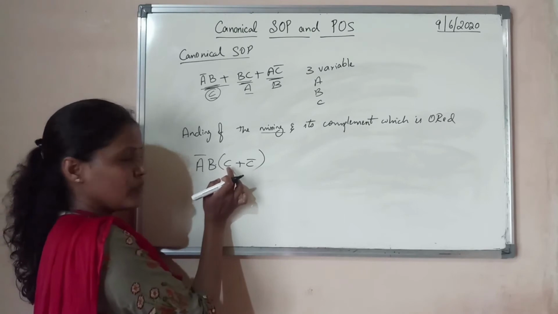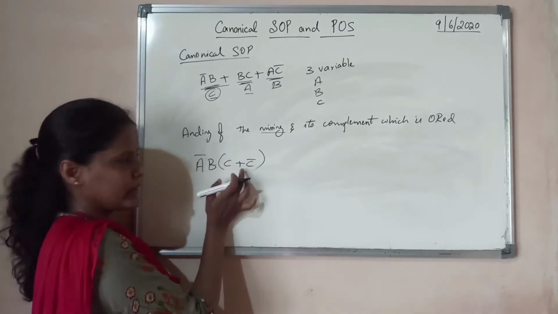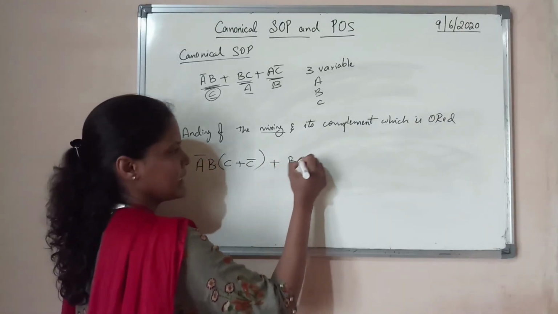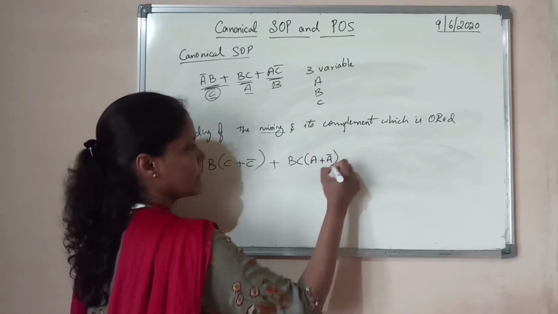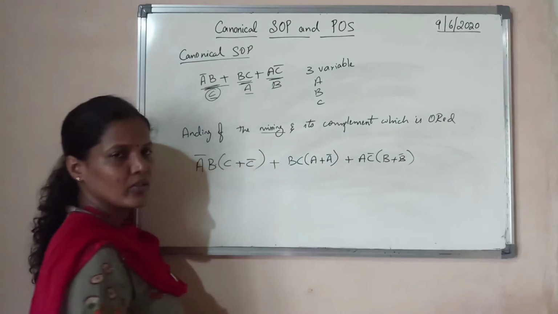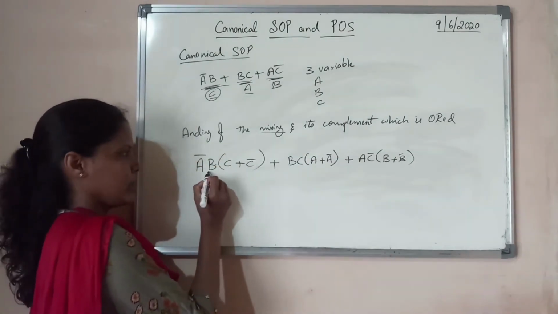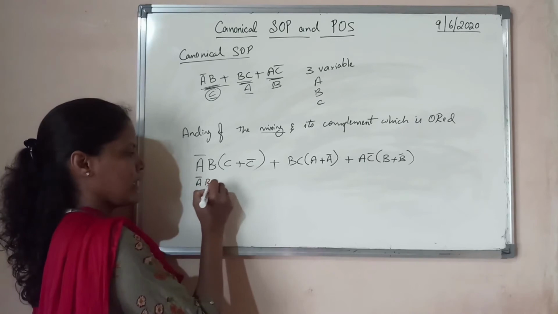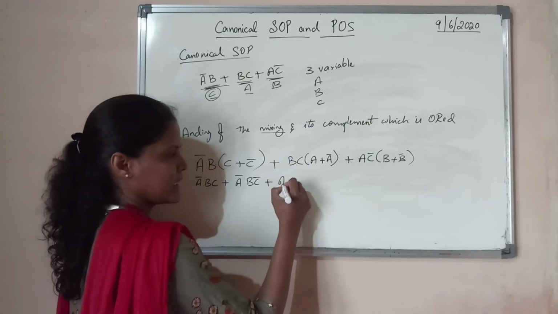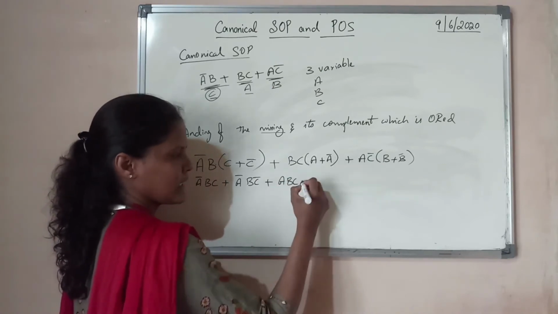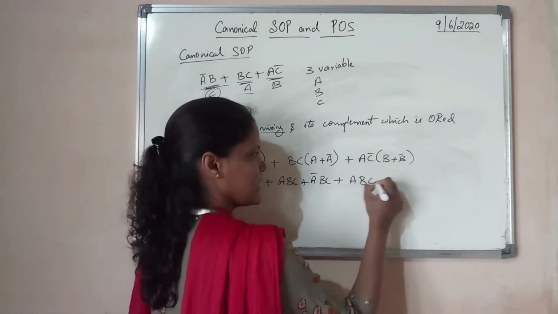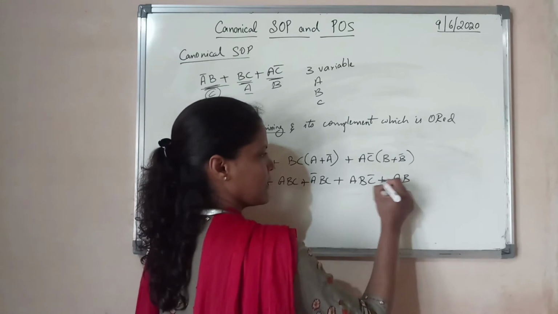For whichever variable is missing, we write it in complemented and uncomplemented form like this and then multiply. Next, BC: A is missing, so A plus A bar. Here B is missing, so B plus B bar. Then we just multiply. Let me multiply this with C first: A bar BC plus A bar BC bar plus ABC plus A bar BC plus ABC bar plus AB bar